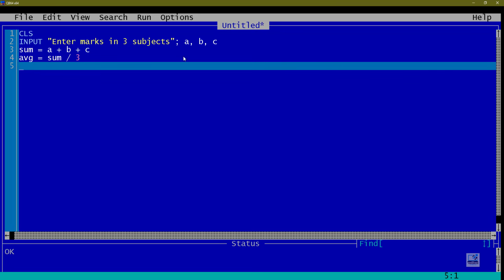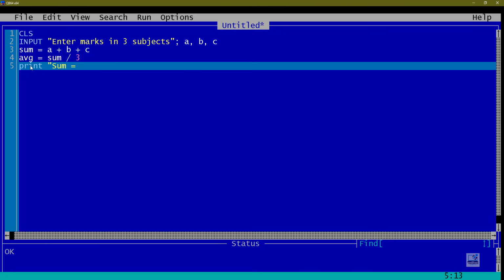So as per the question, we have taken 3 variable inputs A, B, C, and sum equal to A plus B plus C, average, and then we print. For printing, we use the PRINT command. So we can print without message, we can print with message, but I suggest you always print with message.